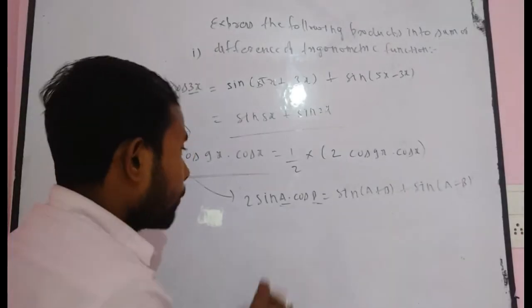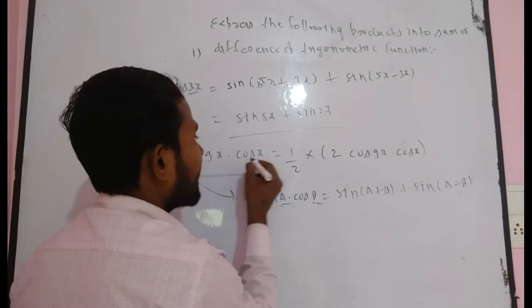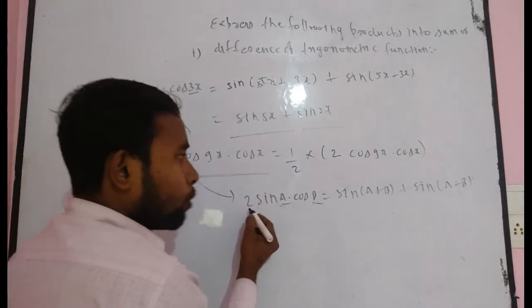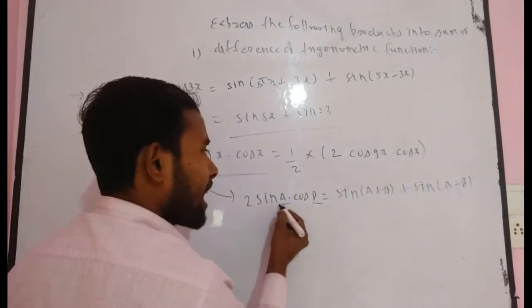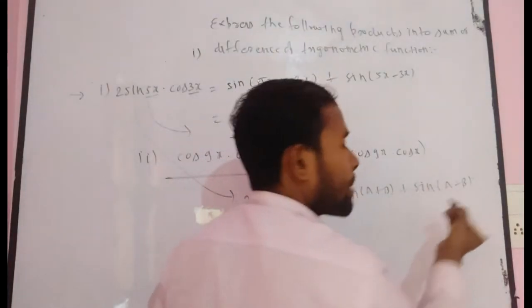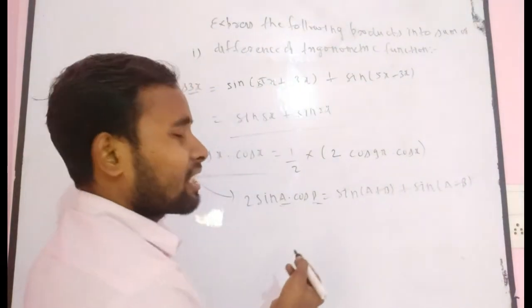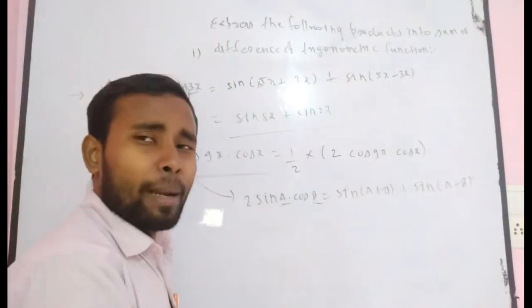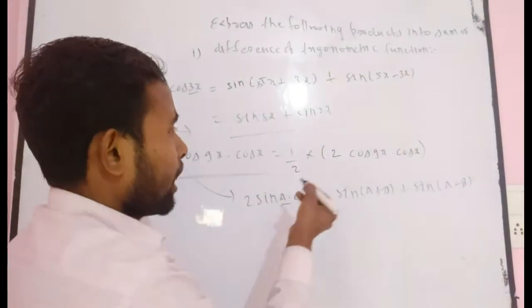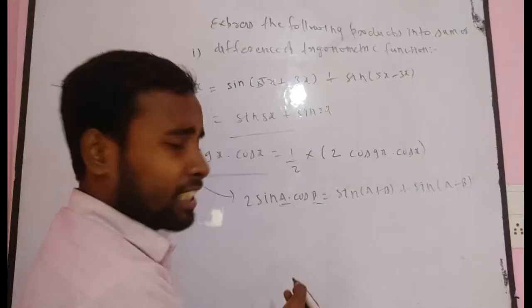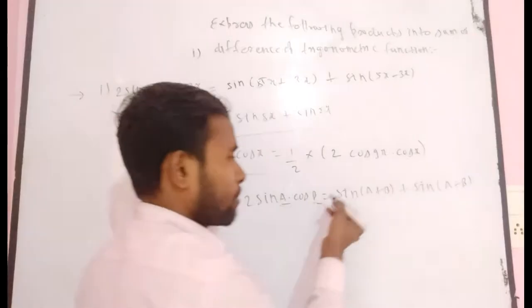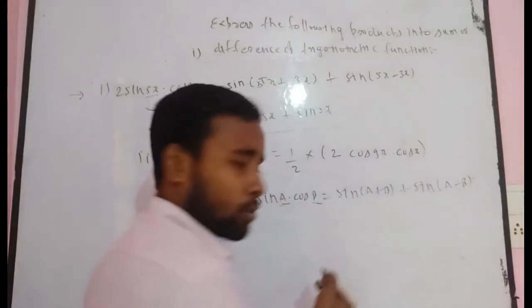Another way, if you want to write it, suppose there is no 2 in cos 9x into cos x. In that case you can write sin a into cos b is equal to sin (a plus b) plus sin (a minus b), divided by 2. But that is just a burden for you, so I want to remove it and simply have you multiply and divide. There are a number of formulas, so I do not want you to remember separately that sin a into cos b is equal to sin (a plus b) plus sin (a minus b) divided by 2.